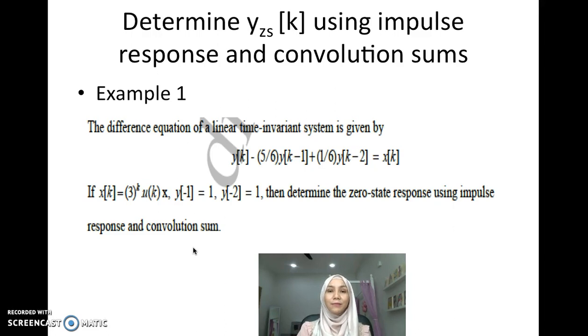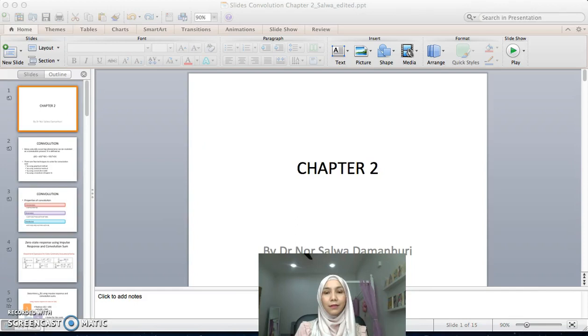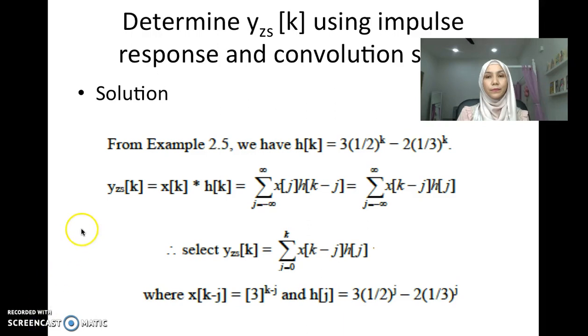So how to do that? From example 2.5, we have h[k], which is [3(1/2)^k - 2(1/3)^k]. Please refer back to example 2.5, we already did this before. And then from the original equation, y_ZS[k] equals x[k] convolution with h[k]